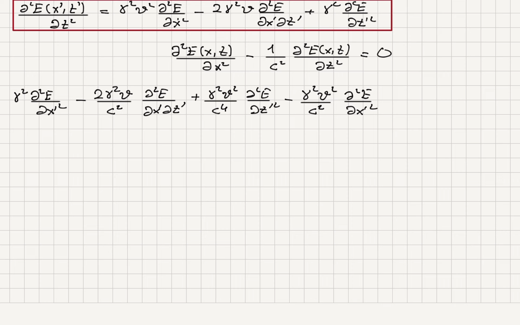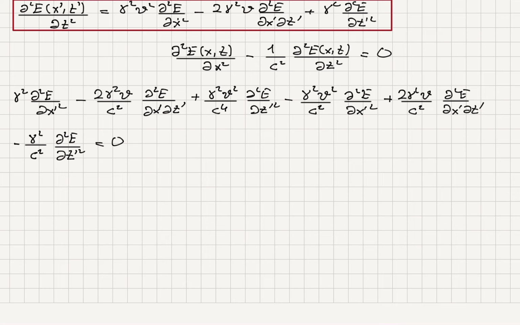So plus 2 gamma squared v over c squared del squared E del x prime del t prime. And the final term here is minus gamma square over c squared. So I continue here, minus gamma square over c square del square E del t prime square is equal to